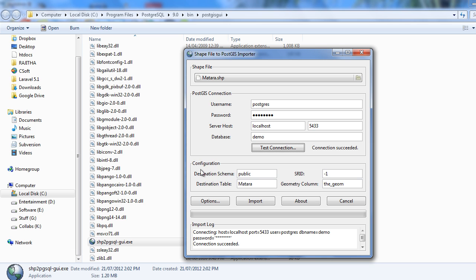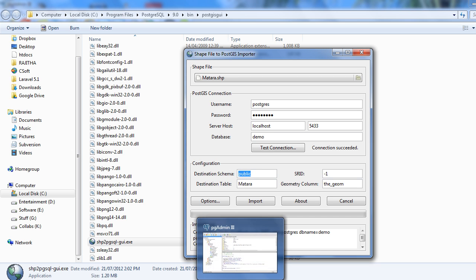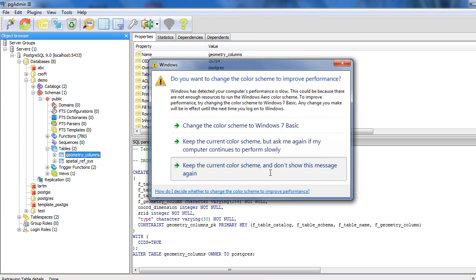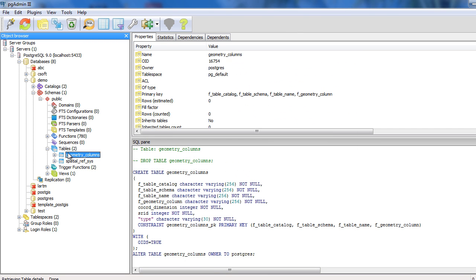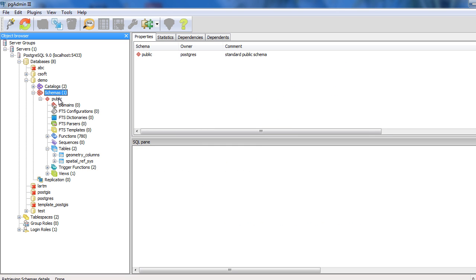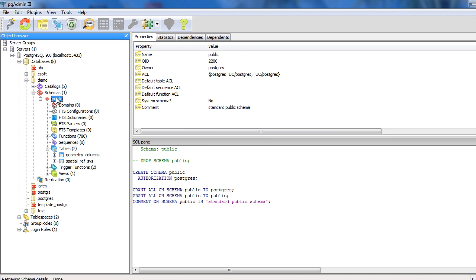So now under this configuration box, enter the table details for your shapefile. So this shapefile information is going to a separate table within this demo database. The schema should match the schema under the demo database.